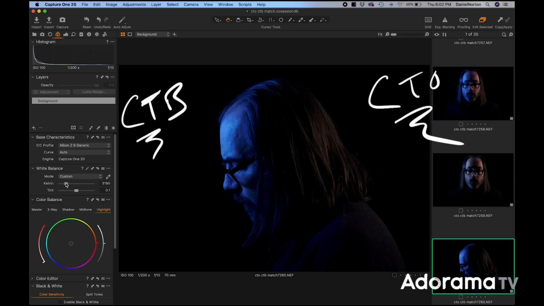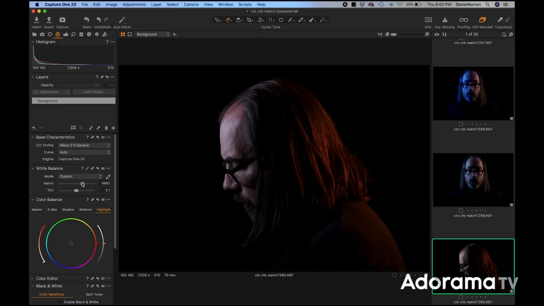So I'm going to dial back to that place where it starts to look normal again, around 7800 I think, for me. Now look at my hair. My hair is super, super warm in color. My hair is super warm because it's not just the warming gel, it's the blue dialed back, making this warm. In fact, if I take this warming gel off,